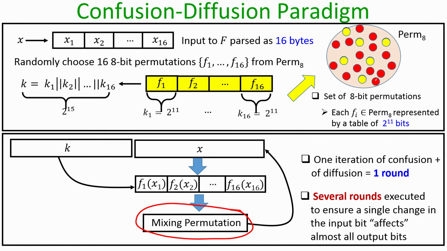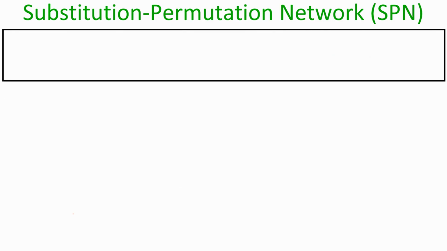So, that is on a very high level the confusion-diffusion paradigm, and after we do this process for several number of iterations, the resultant output is denoted as f_k(x). So, now let us discuss substitution permutation network, or SPN in short, which implements the confusion-diffusion paradigm, and this